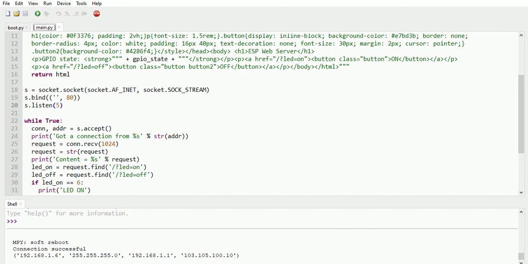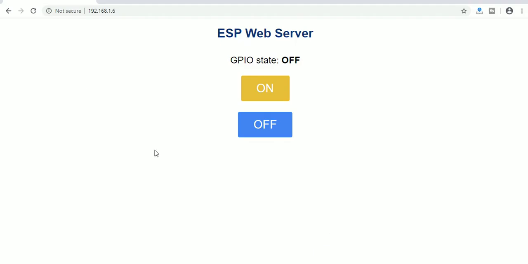Now that it has pinged, if you go to Chrome or whatever application you use, you can just go there and type your IP address, 192.168.1.6, and you see the ESP web server this way. Right now, as we say, we just took an example code from the net and tried to run and showcase it, so we can monitor this.